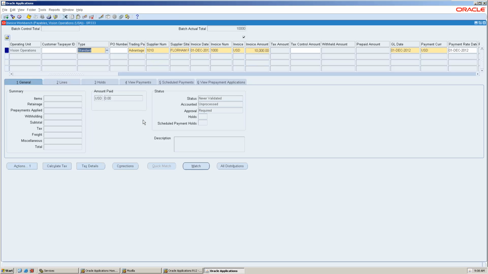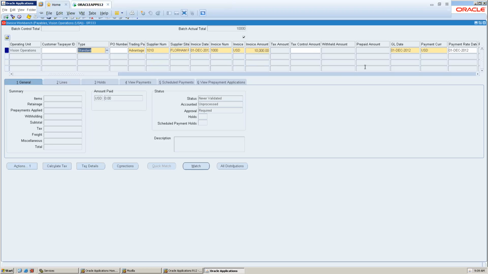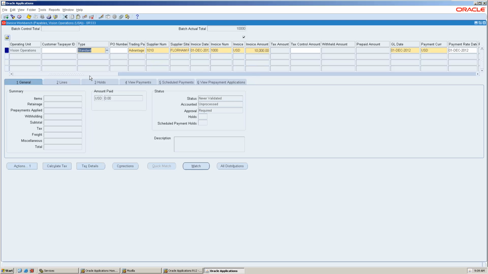The GL date is the accounting date. So now the current period open is only October. So October date only it will capture. For example, I took this current period. Okay. So my invoice total is 10,000. I am going to the lines, that is header level.